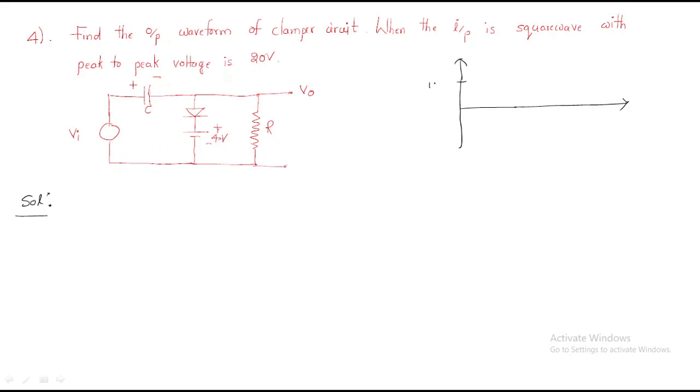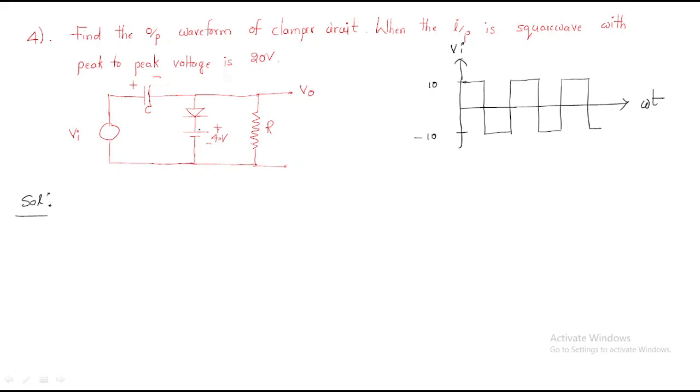The square wave is like this, between plus 10 volts and minus 10 volts. The square wave follows like this, with the same time period. This is the waveform. And by using this circuit, he wants us to find out the clamper output. For that purpose, no need to draw it directly. So we will use the phenomenon here. This is the input voltage. Better to take omega t. We need to find out the output.